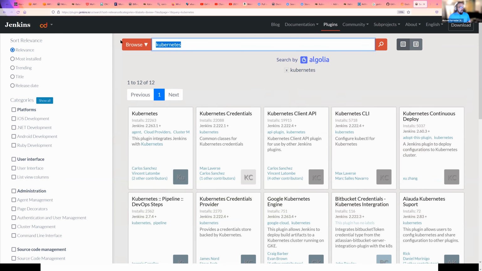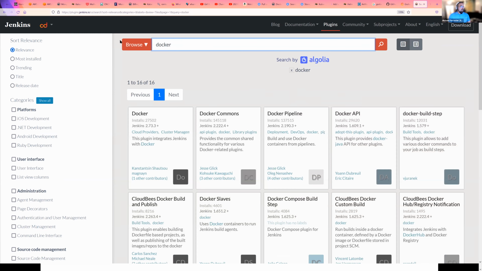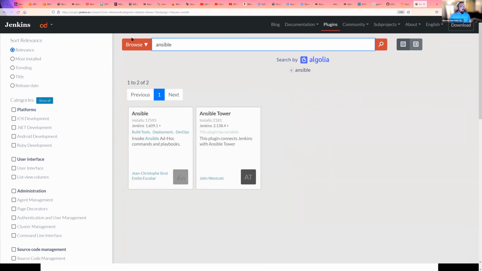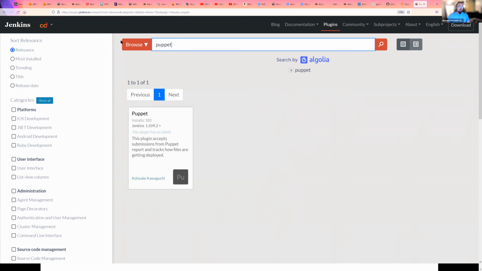You can do that. You want to integrate with Docker? There's a Docker plugin. You want to integrate with Ansible? Let's go take a look. Is there an Ansible plugin? Ooh, there's one for Ansible playbooks and for Tower, right? Are you a fan of Puppet? Okay. Now, again, remember my caution. Make sure you go in and check and see if this thing's been updated in the last whatever, right? Okay. So